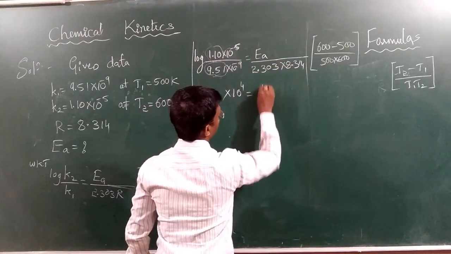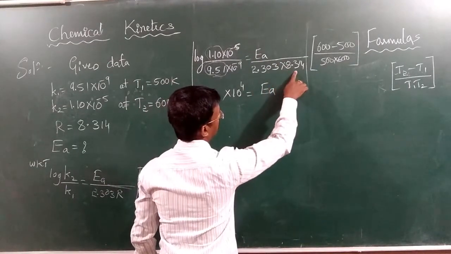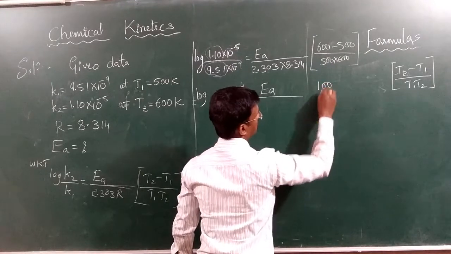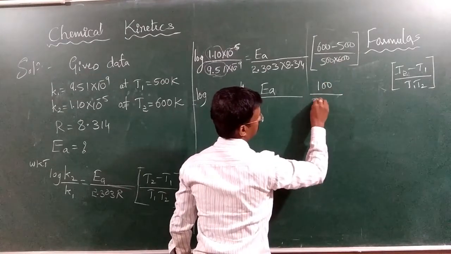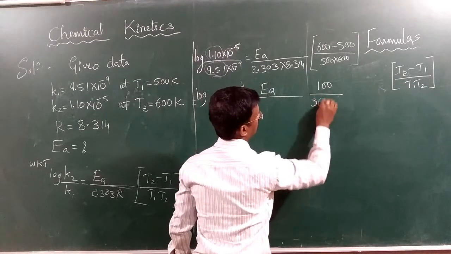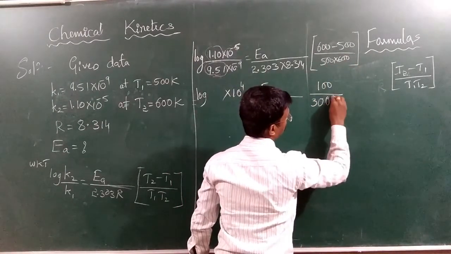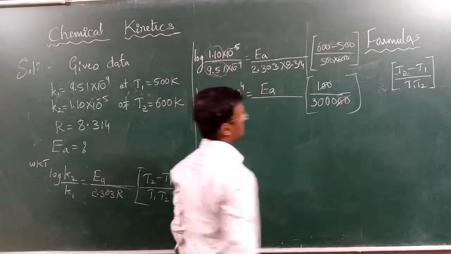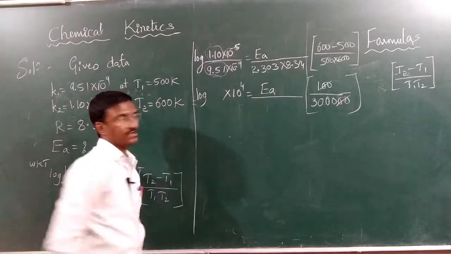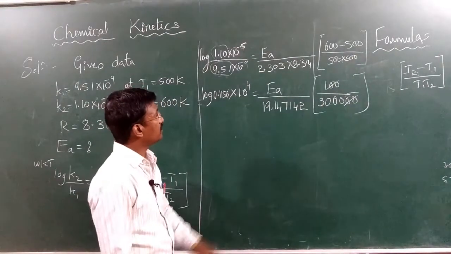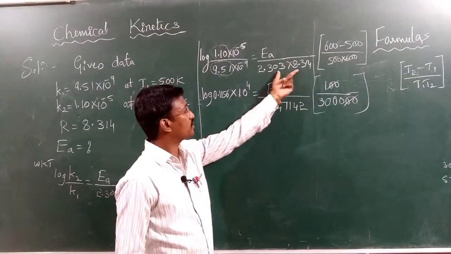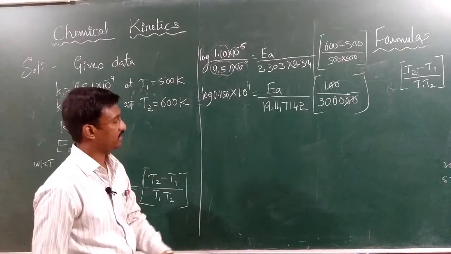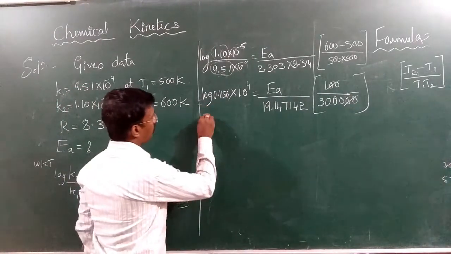And remaining EA as it is, 2.303 and into 8.314. We just multiply this one. 600 minus 500 is 100. Double zeros cancel each other. So here I substituted the multiplication of this one here and the division of 1.1 divided by 9.5 values, this one. So look here, the log of this value